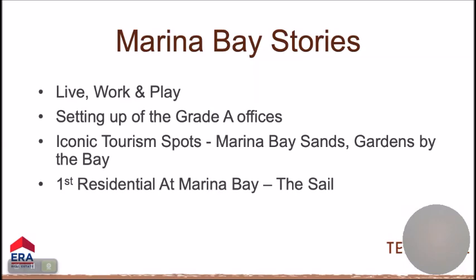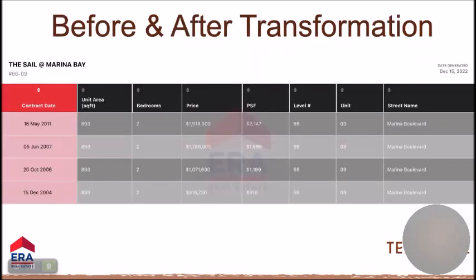Yeah. So after we see The Sail, we need to actually show them what it was before and after the transformation. Okay, so this one, you want to share the transactions. So you can see from here. Actually, the starting launch price in 2004 is 818,000. It's the same unit, unit number 66-09. So in 2006, what happened? It went up, it sold at 1.071 million. So a profit of about, not too bad,